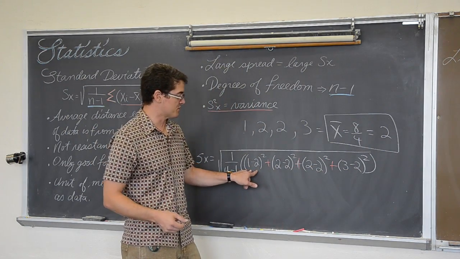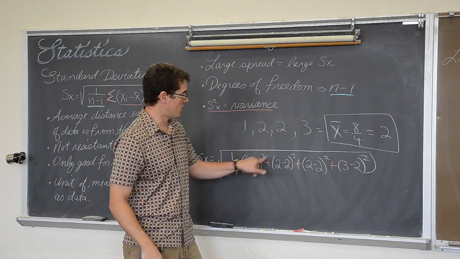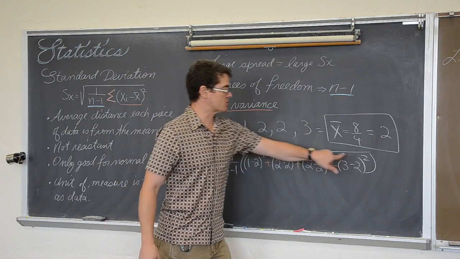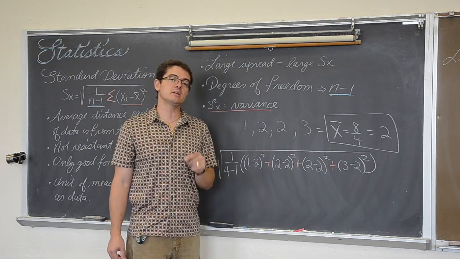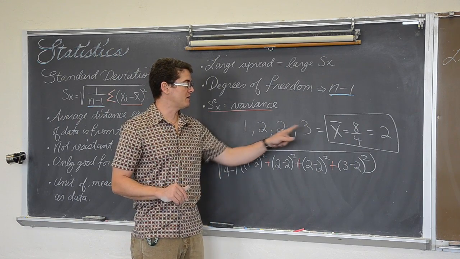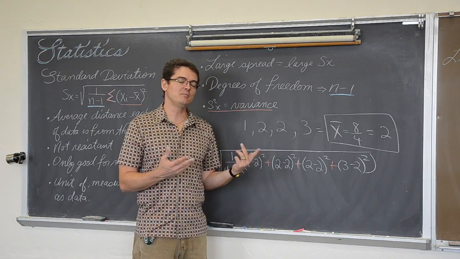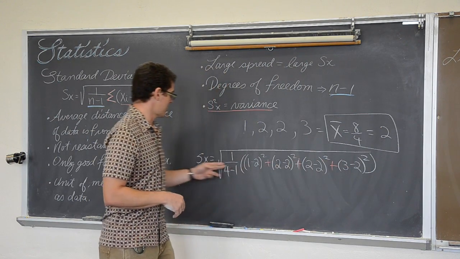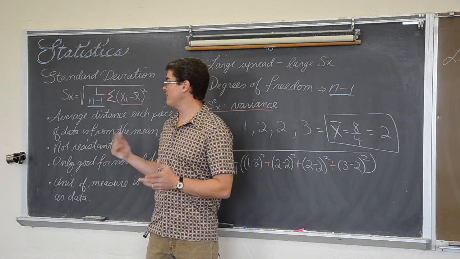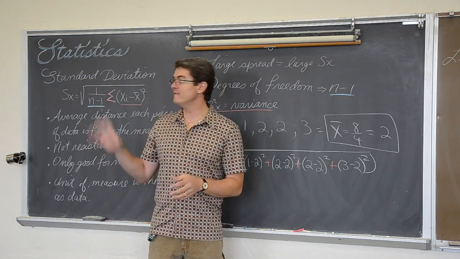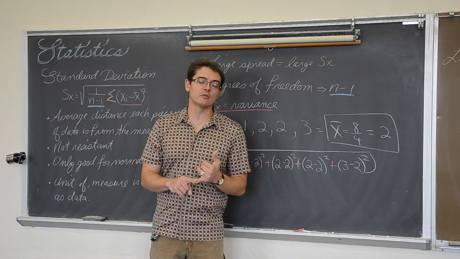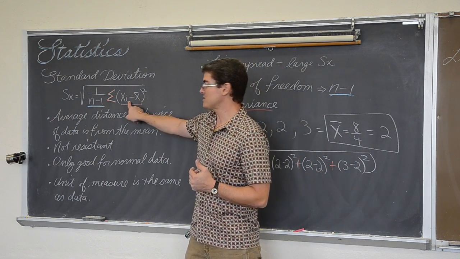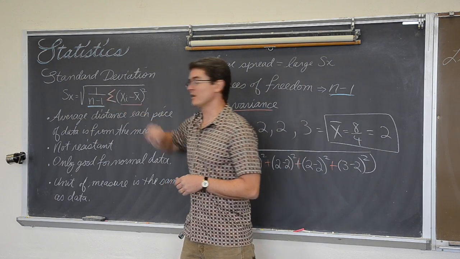Now, I'm going to trust that we can work this off with the calculator and not actually complete this, but if you look at these differences before they're squared, this is -1, this is 0, this is 0, that's +1. If I sum up those differences between x of i and the mean of x, I will once again get a sum of 0, and that's not just because these numbers are extremely simple and symmetric. This is the standard deviation formula worked out by hand for a very simple example. It's a very powerful measure of spread, only good for bell curves, normal distributions. The unit of measure is the same as the data. Don't forget these differences add up to 0. This is your degree of freedom.